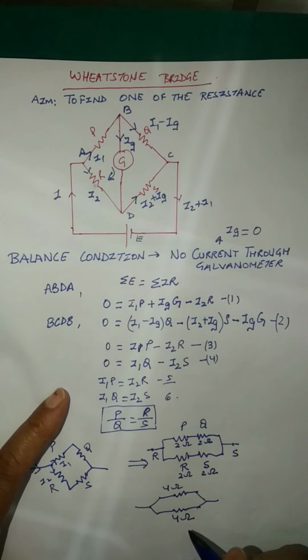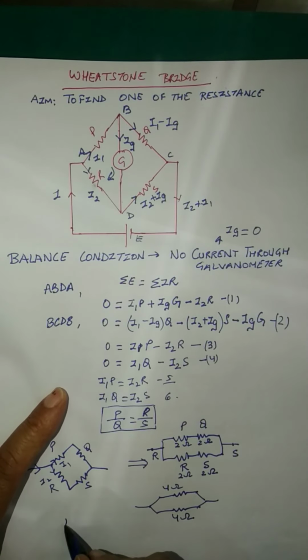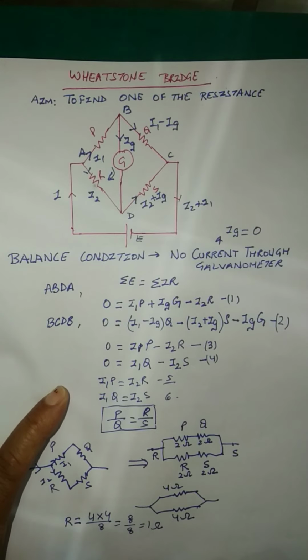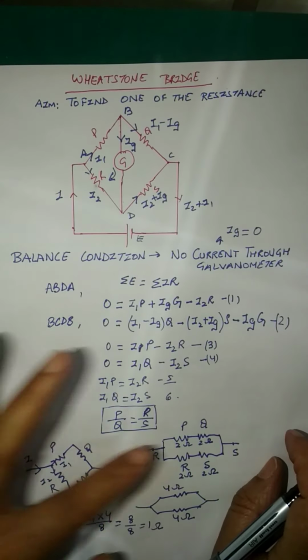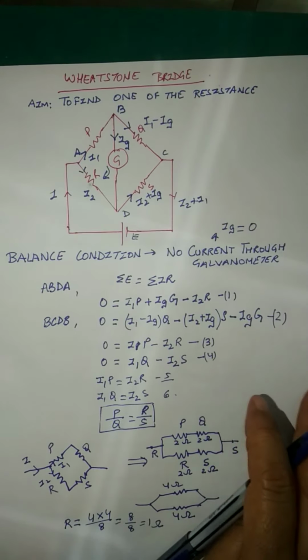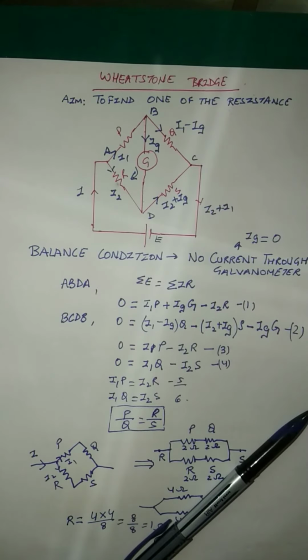And you know that when the resistances are in parallel, what will be the equivalent resistance? It will be product by sum. So what's my product? 4 into 4, and the sum is 4 plus 4, 8. That means 4 into 4, 16 by 8, that is 2 ohm will be my resistance. So on this basis, the balanced circuit can come to you, and they'll ask you to find the equivalent resistance. So we can find the equivalent resistance of the Wheatstone bridge like this. Thank you, and we'll continue with the numericals in the next lecture.